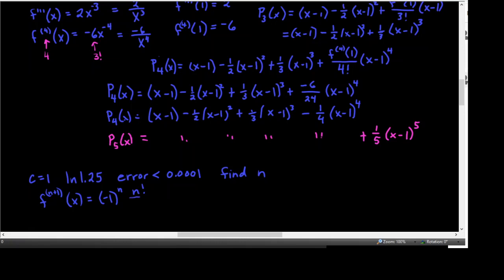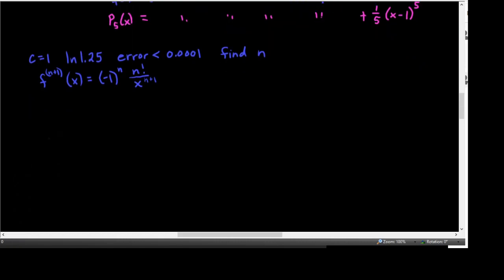And that's divided by x to what power? Well, when this is a fourth derivative, that's an x to the fourth right there. So that power matches the number of the derivative. So this is x to the n plus 1. Okay, so now that we've established that, using Taylor's theorem,